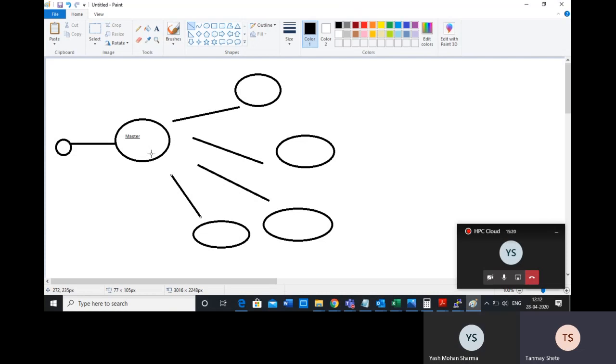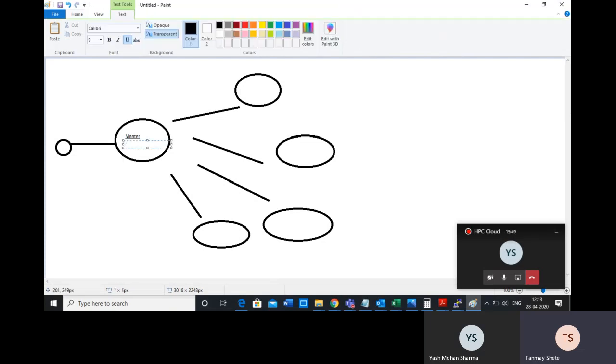You request resources from the master, and accordingly the master will select any of these machines and allocate it to you. That software decides this, so you always have to use that software to connect to any of the machines. The scheduler that we have installed is the Slurm scheduler.